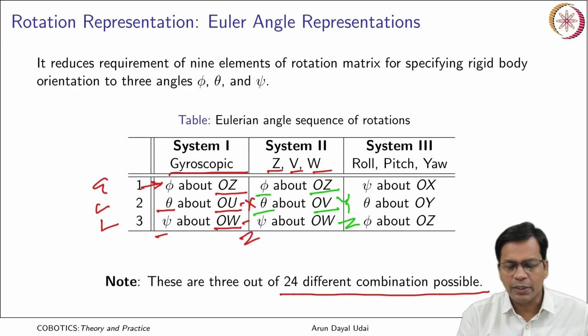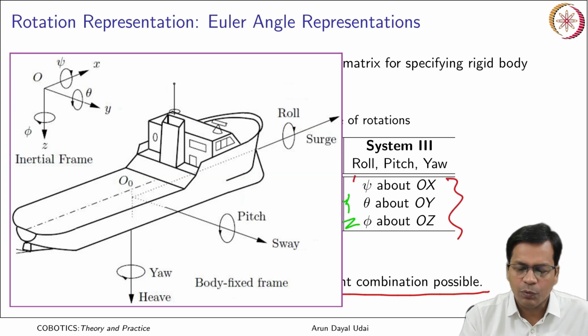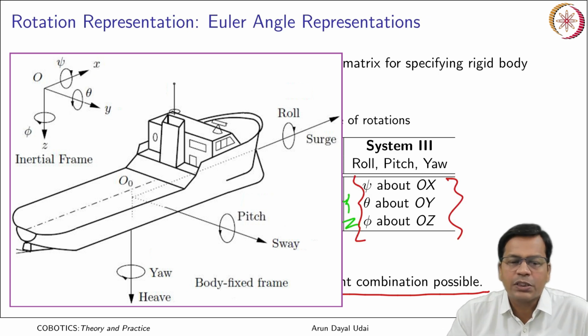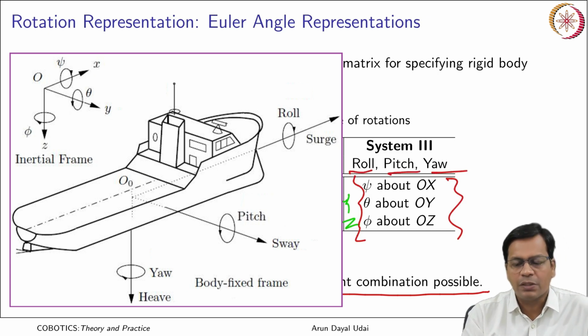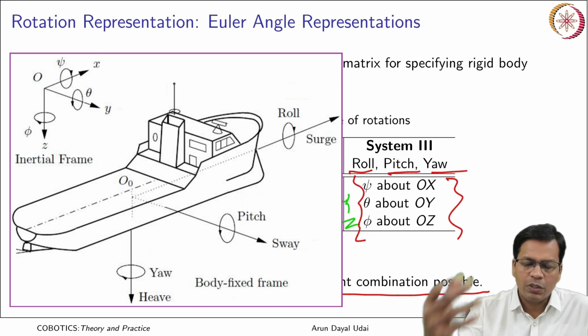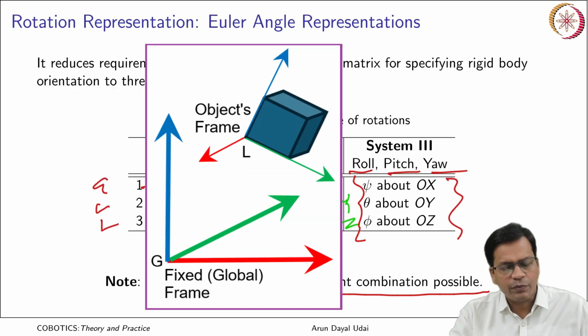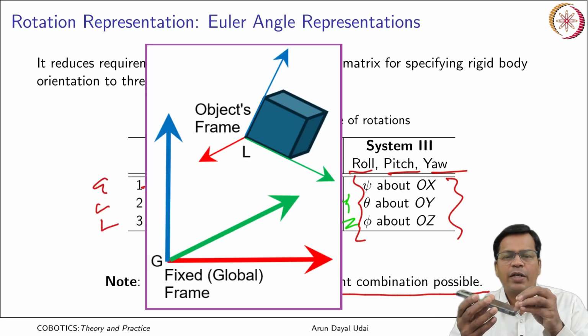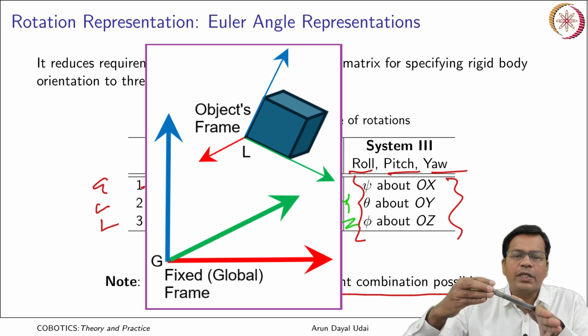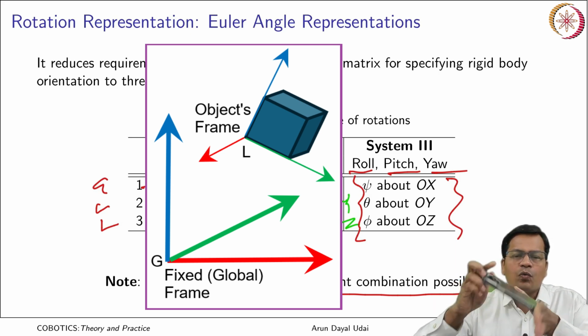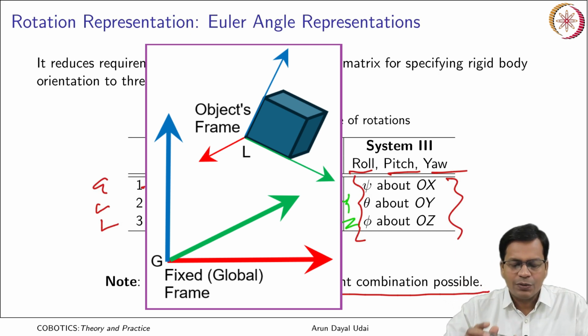The third one is the simplest, and it is most widely used because of its simplicity and because it is easy to understand. It is rotation about the x axis, about the y axis, about the z axis, that is roll, pitch and yaw rotations. All three were about the global frame, not about the object frame. Object frame basically means there is a frame attached to the object. The object in its own frame can rotate about its x-axis, about its y-axis, like that. So that is what I mean.